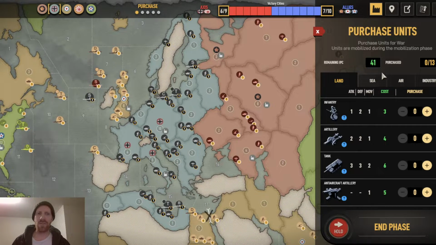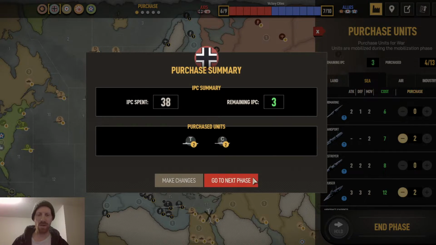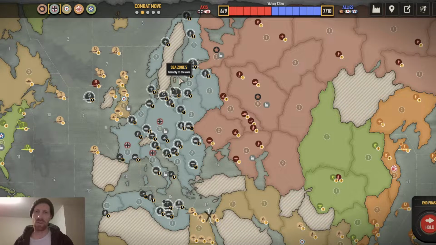But what I like to do is try and force a tempo by building a couple of transports and a couple of cruisers and put them in Sea Zone 5. And the reason for this is you can use Sea Zone 5 as a pivot point for the rest of the game. If the UK does not commit planes to kill it, which is extremely dubious on round 1, given some of the other priorities,